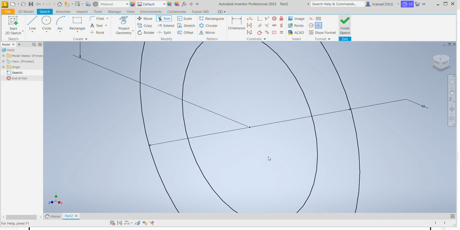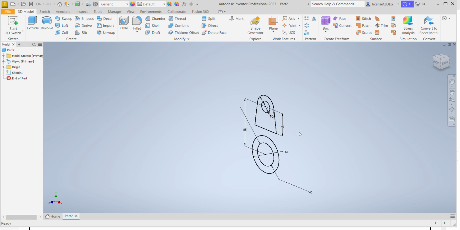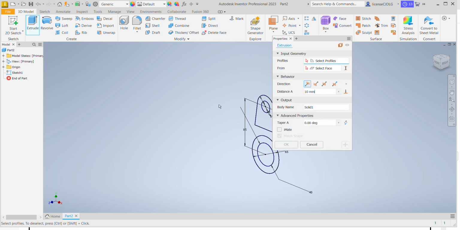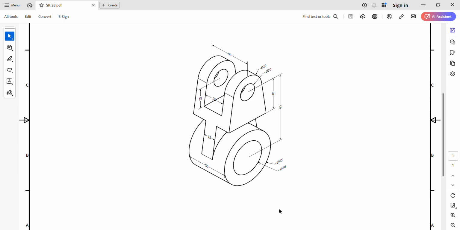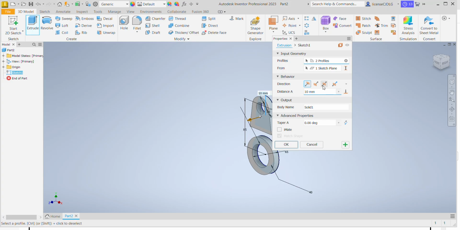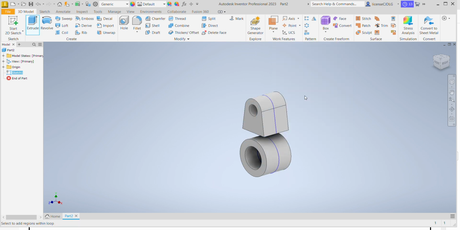So finish sketch, extrude, length we required 50 mm. Here select symmetric 50 mm. Here select